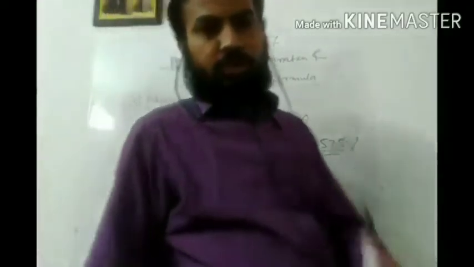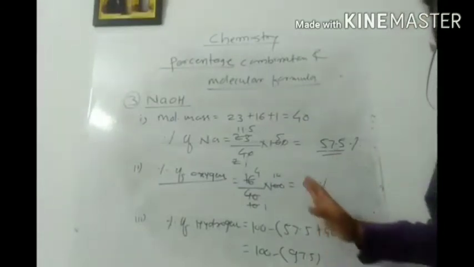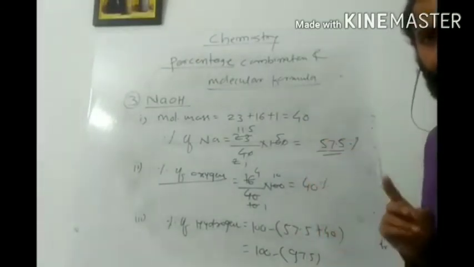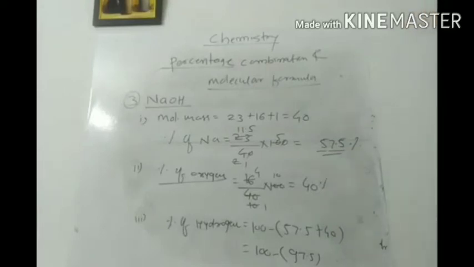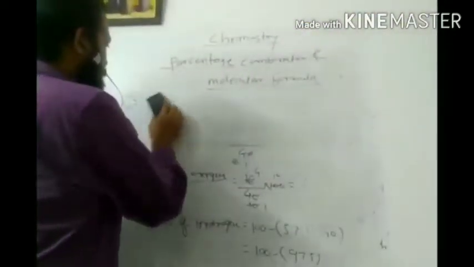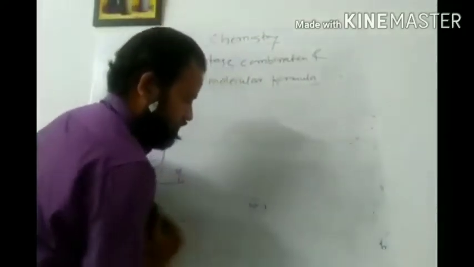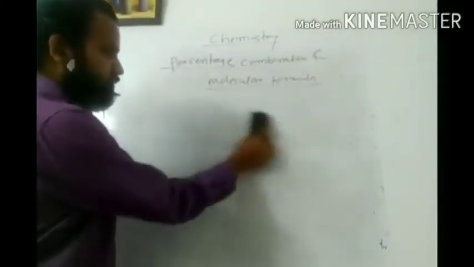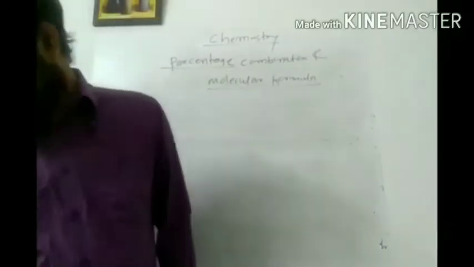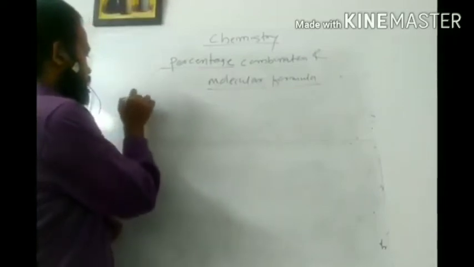Again we will take one more example. If you understand it, you can note it down or just take a snapshot. I will proceed. After this, I am going to discuss the last compound, how to calculate the percentage composition. We are going to discuss the compound glucose. The formula for glucose, it is the fourth example.